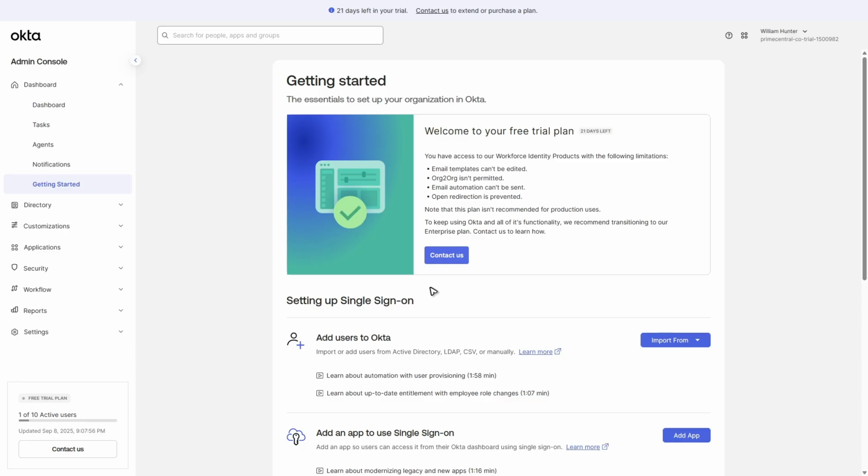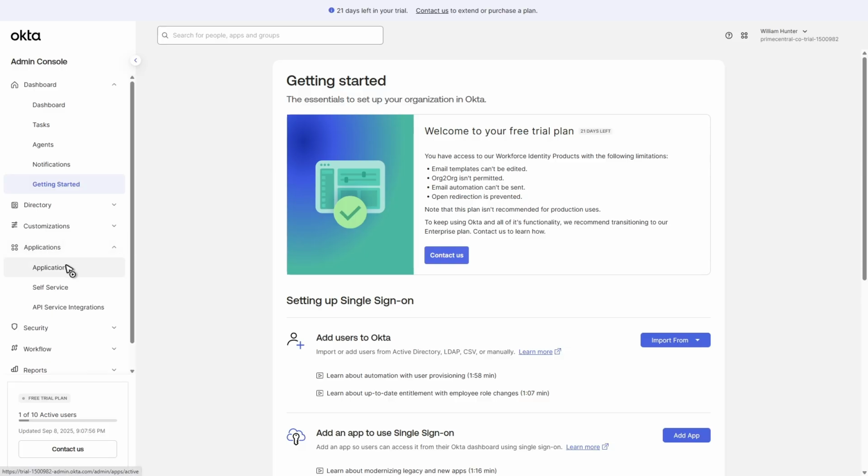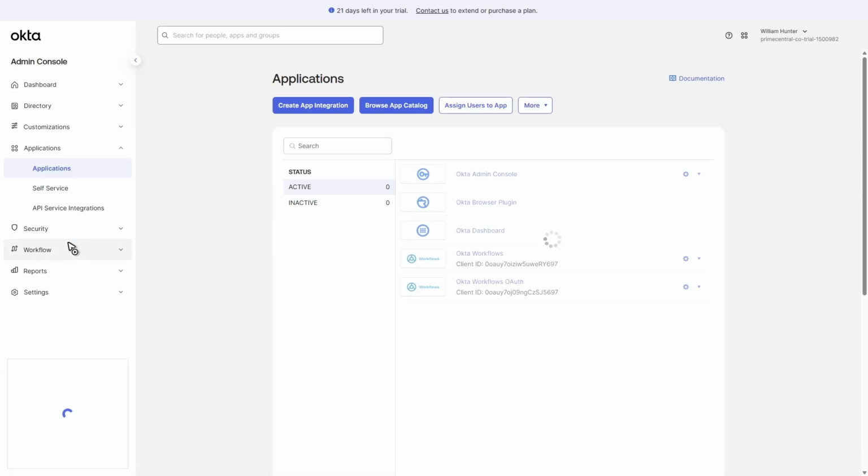In here, just go to the left panel and go ahead and find the applications. Here we have the drop down, just click on it. Now go ahead and click on applications once more. Just click on it, wait for it to load, and once it loads, as you can see here, under active